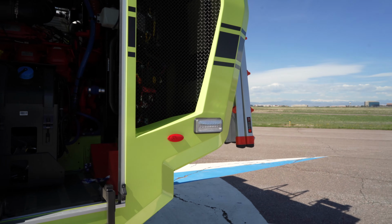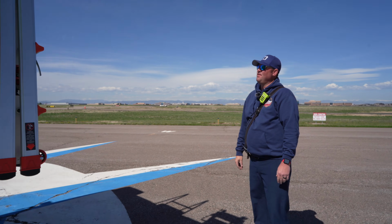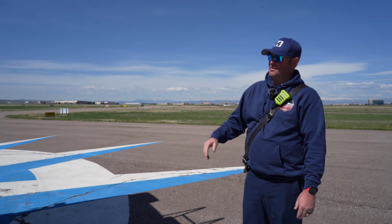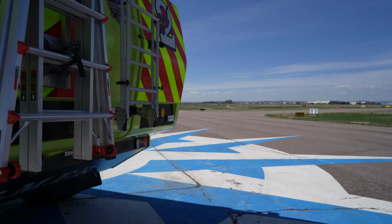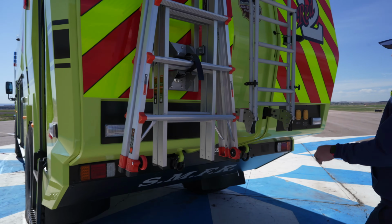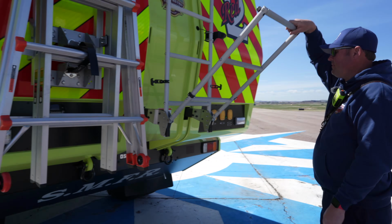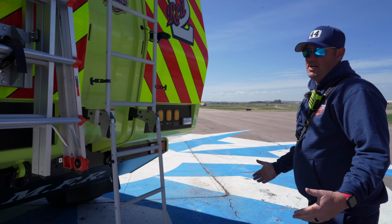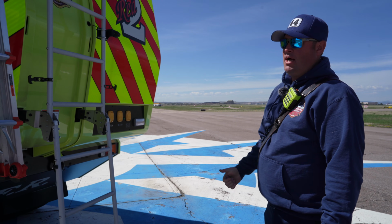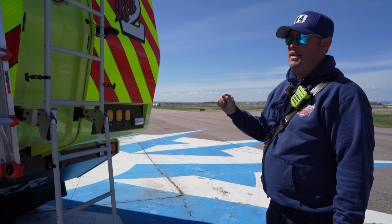All right, the rear of the vehicle, not much to it. We've got a little giant ladder that is just connected and held on the rear of the vehicle. And then we have ladder access to the roof. We don't have anything on the roof other than just the top of the tanks to the foam. Purple K, that's where we would load the Purple K if we needed to do that, and then our water